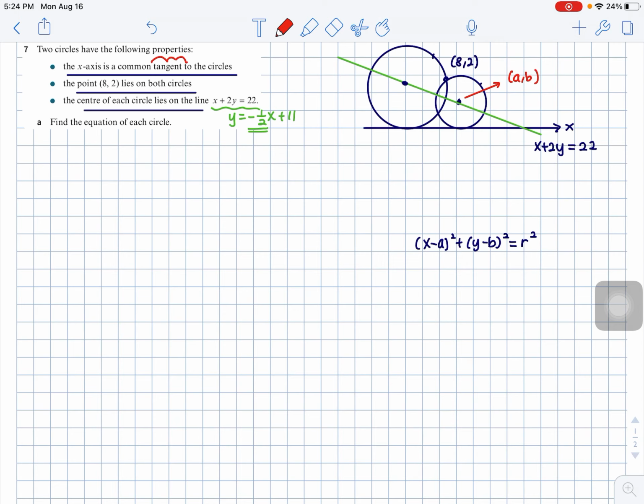Because of this word tangent here, I know that it will form 90 degree to the x-axis. So what will this point be now? Isn't it a comma 0? Actually, this particular gap has another name. Can you make sense of it? What is the gap there? It's technically b minus 0, right? Which is the b. What is another name for the b? It is its radius.